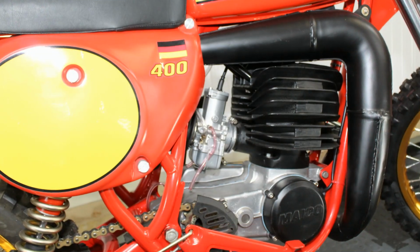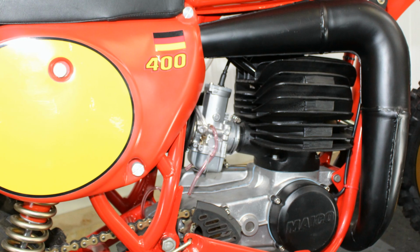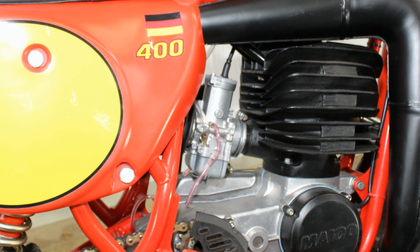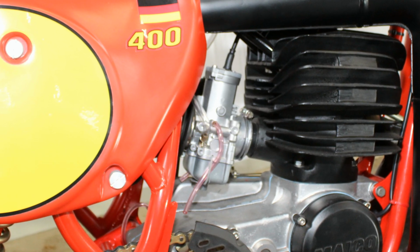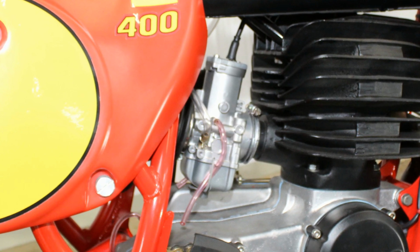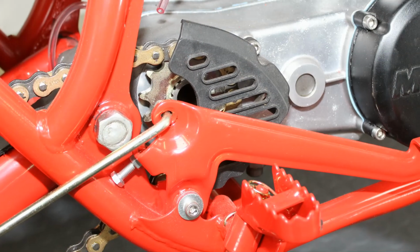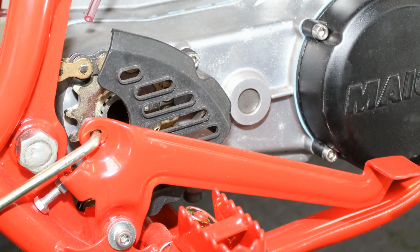Now again, it's good to see that Keith's kept the older standard Bing carburetor on the 400 motor, because these were, and in fact still are, very good fuel vaporizers for these Maico motors, and I could never really understand why owners often swapped them for more modern Japanese parts. But I must say, this is still a very good rebuild of this old Maico, or Maico if you say it that particular way,